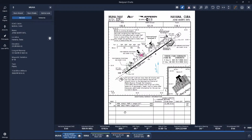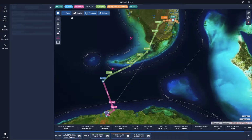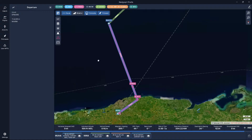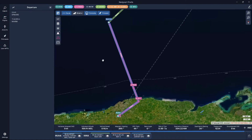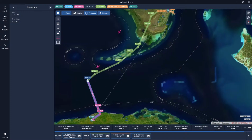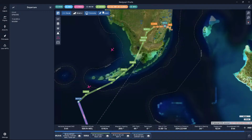As we climb, we are going to climb via the EPMAR 3 departure. We'll take a look at it later, but anyhow, that's our departure coming out of Havana. And then as soon as we hit waypoint Maxim, we're going to immediately join our arrival. We're going to arrive into Miami via the